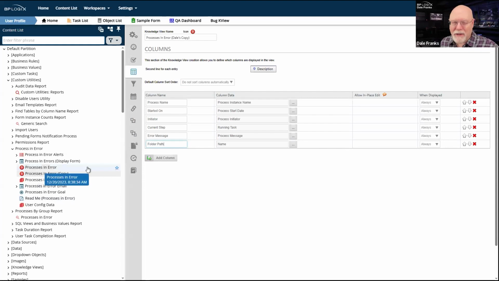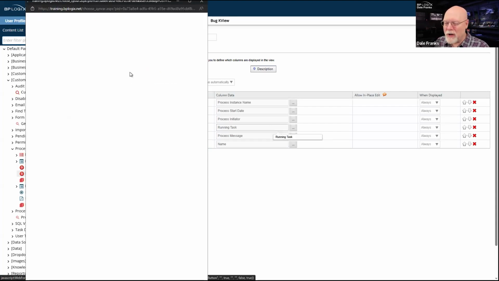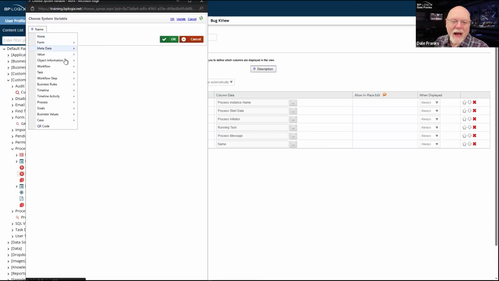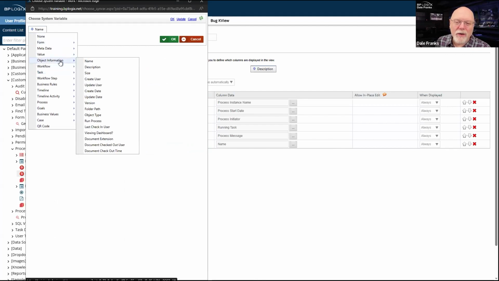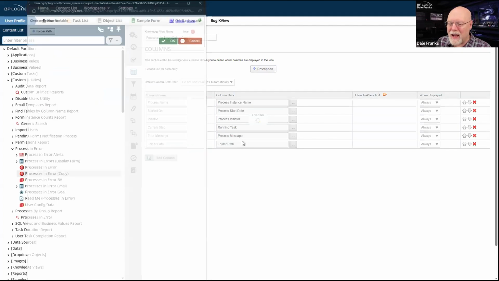Once your content list has several hundred items in it, yes, we have the search feature for 6.1 and we have the filter feature, and that certainly makes your life a heck of a lot easier, but it also makes your life a little bit easier if you can just create a column for the folder path and you can just go to object information and folder path and set that as your column value.